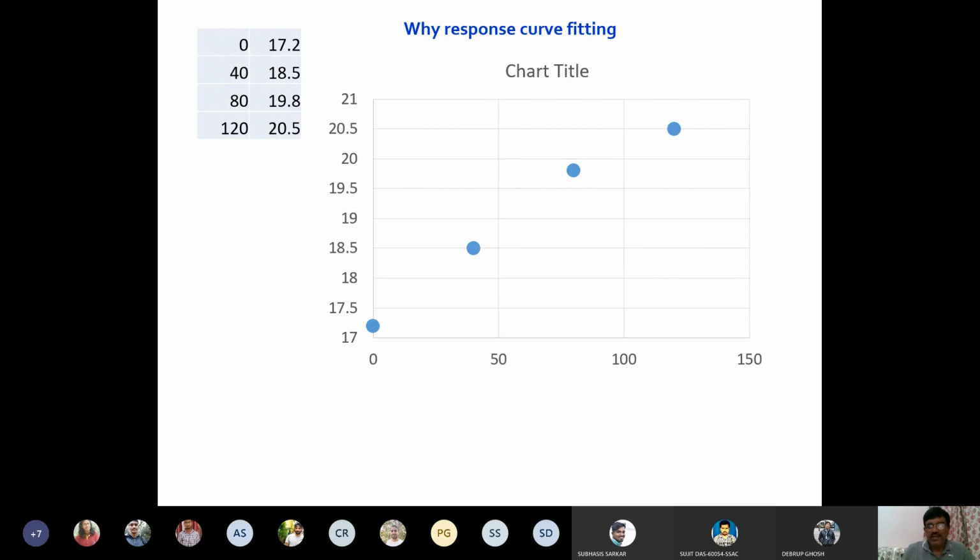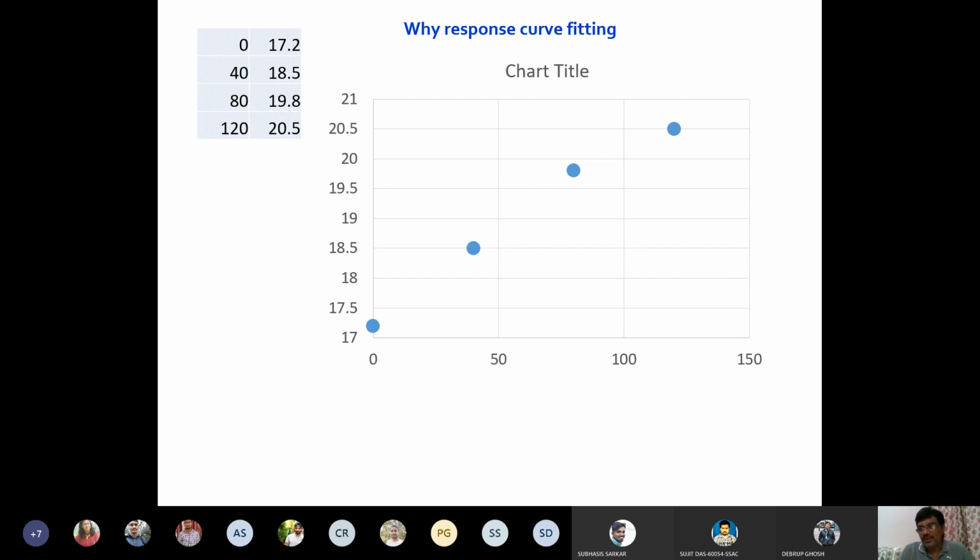So friends, the first question that comes is, why is there a need to go for response curve fitting? Why is it required at all? Now you see, on the x-axis you have fertilizer, say nitrogen levels. On the y-axis you have the yield. Actually, you have conducted a fertilizer experiment where you have recorded a certain quantity of yield against each treatment. At 0, you must have obtained a yield, and it is represented by a blue circle. You can see the blue circle. It shows you the yield at control, yield at 0. Then another blue circle shows you the yield at 50.